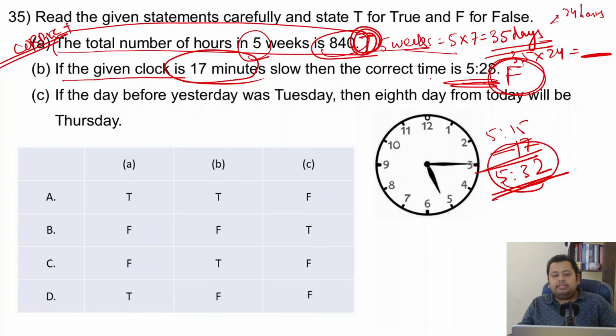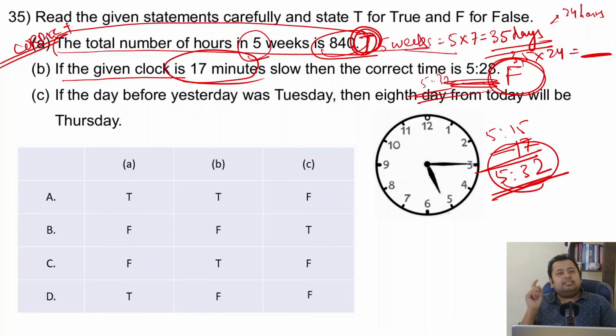It is 5:32, right? I'm going a little fast, but the whole idea is for you to grasp the concept rather than grasping how addition or subtraction or multiplication is being done or how to look at a clock. So I am assuming all of it is known to you because you have been doing this from class one, right? It's just the concept that you need to understand, right? Let's now see option number C.